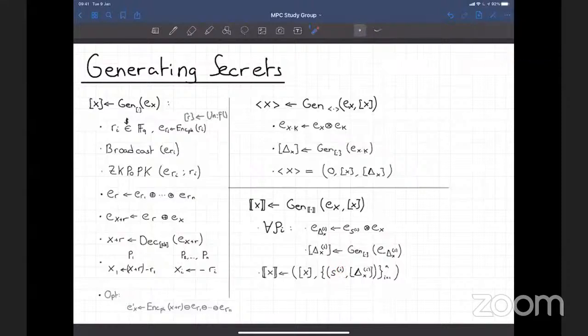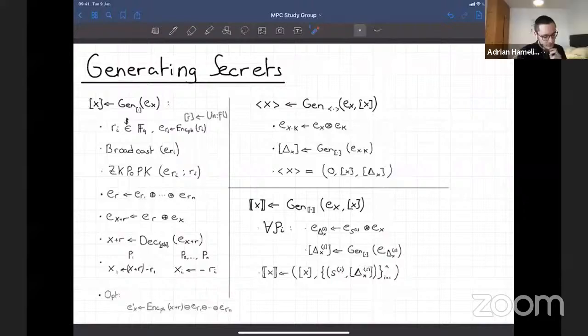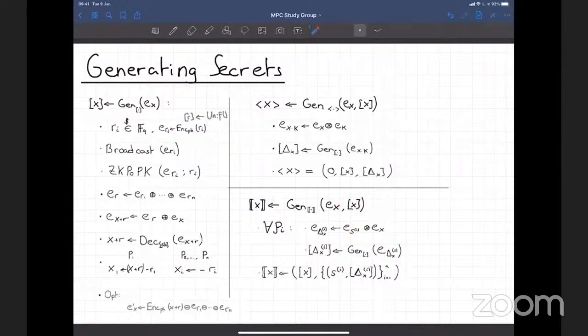And so the parties can safely and publicly reveal the encryption of this, which will be this. And assuming each party has the encryption of the ciphertext and an existing sharing, you can then obtain the encryption of the MAC tag for party PI. So now it occurs that for each input, you actually need n multiplications, even despite the circuit that you want to compute.